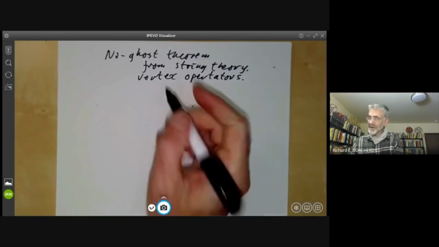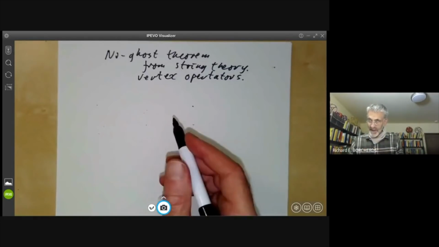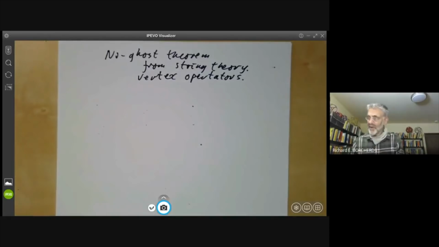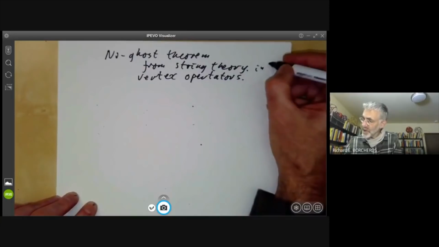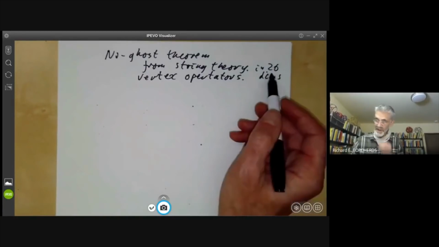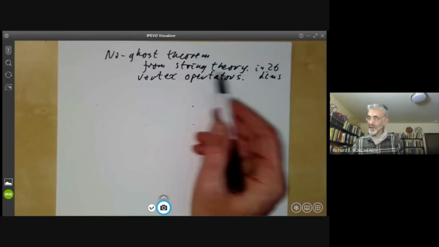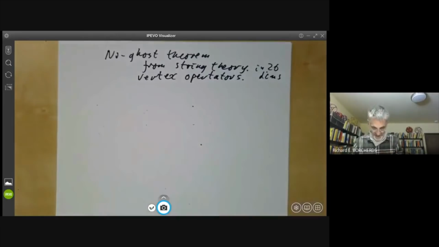The part of string theory used for Frankl's result is actually a part that's been long abandoned by physics. So this is ordinary string theory in 26 dimensions, which physicists are no longer interested in. You're more interested in superstring theory in 10 dimensions and various other related theories.